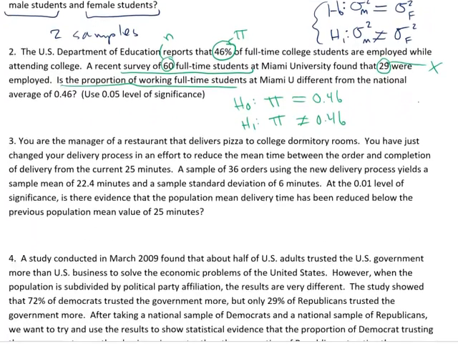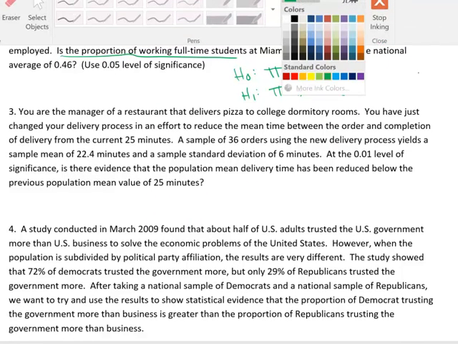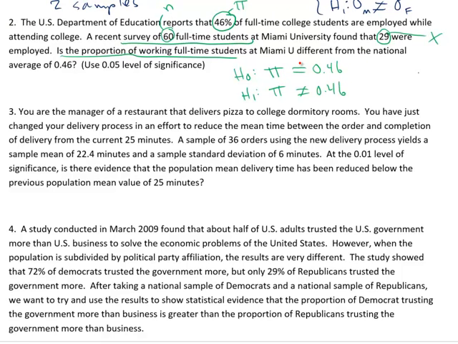Let's scroll down a little bit and do number 3. Switch colors again to red. You're the manager of a restaurant that delivers pizza to college dormitories. You have just changed your delivery process in an effort to reduce the mean time between the order and completion of delivery. So there's a difference in the mean. We know that we're looking at mean here, and looks like there's a current value, currently 25 minutes as a mean. We took a sample of 36 orders using new delivery,